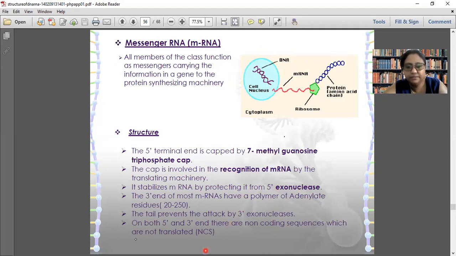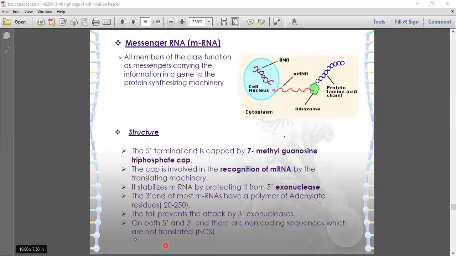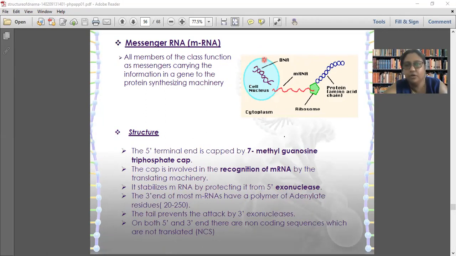What do you think? No, ma'am. So how to solve this problem? The way if you wish to carry one movie or one important document or one video from your friend's system to your system, we don't uproot the whole system. We copy it into some other means and share. We copy it either into drive or into a pen drive. Same way, DNA, the part which is to be sent to ribosome is copied in a piece of